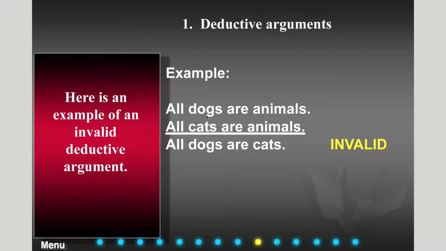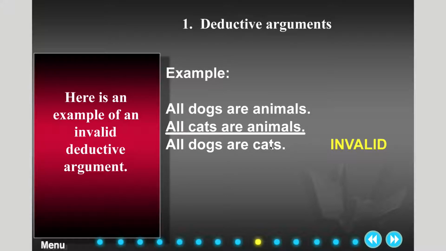So for example, all dogs are animals, all cats are animals. Does that really mean that all dogs are cats? Right? Now this sounds very confusing, but again, we use deductive reasoning all the time, and here we are just breaking it down into simple, not as simple as it looks, of course. I'm not suggesting that at all, but all dogs are animals, all cats are animals. Is it in fact the case that all dogs are cats? No. Right? If all dogs are animals and all cats are animals, that doesn't mean that all dogs are cats. Right? Obviously